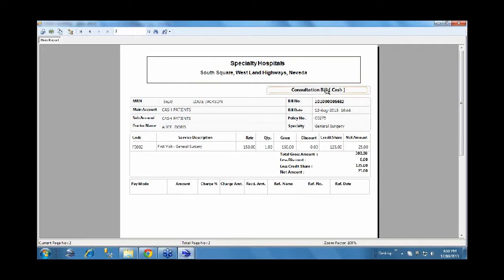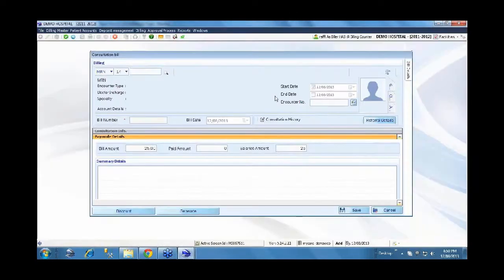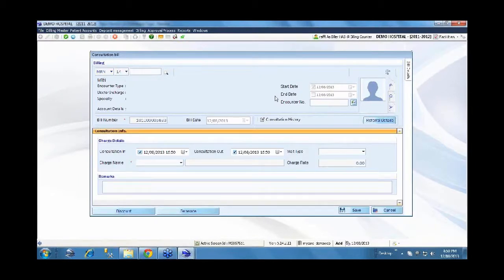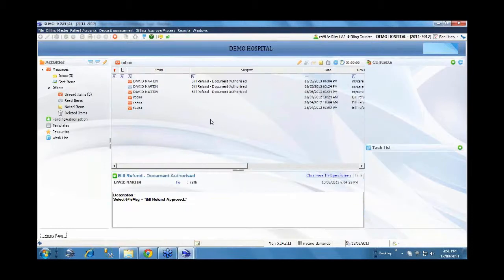What is the amount? There is a $25 amount which needs to be collected here. We can close this. If you see here, it showed the amount that needs to be collected, and there is no specification about how it is collected. Here again, there are two processes which the system supports. One, the user who actually generates the bill, if he has the authority to collect the fee against that particular bill, the system will allow him to do the collection within this screen itself. It's one screen. Before saving, we can say this is the amount and which payment mode I collect. All of this can be done within that particular transaction and then save.